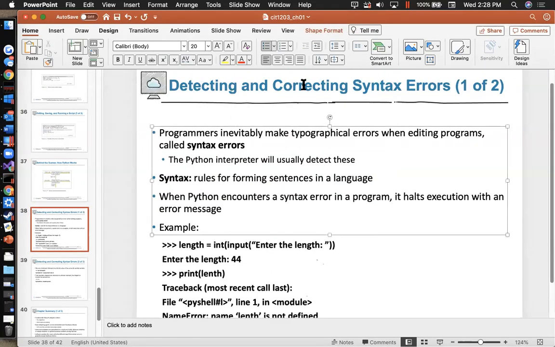So, detecting and correcting syntax errors. Programmers inevitably make typographical errors, called syntax errors. The Python interpreter will usually detect these. So what is syntax? Syntax are the rules for forming sentences in a language. Right, in English,